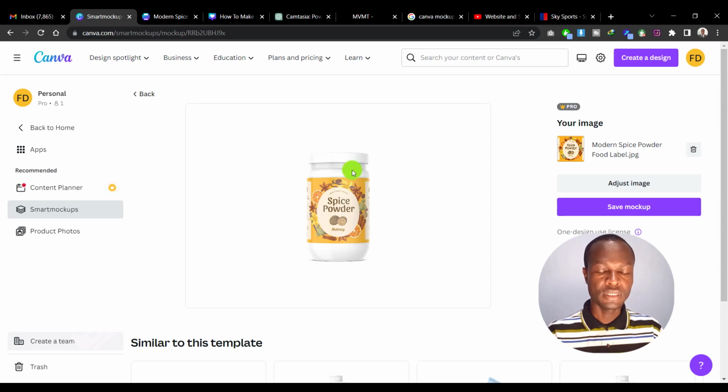So with this we are done with our first mockup. You can see it's nicely done here. So maybe you want to use this as a preview of how your product will look after it's printed. You can easily use this mockup as a display on your website or on your social media pages. So once you're okay with this, you can hit on save